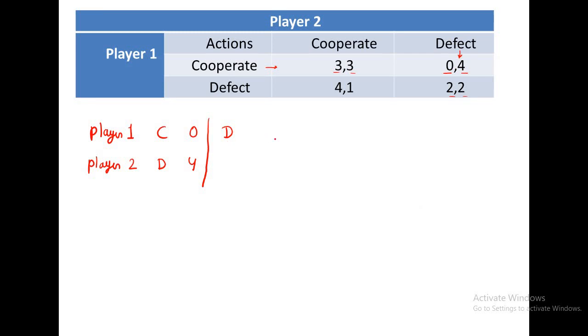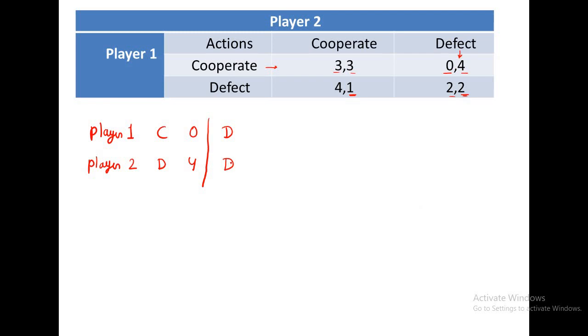Now which action will player 2 prefer? Definitely player 2 will not take cooperate. Why? Because he knows that he has not cooperated in the first iteration, and that is why player 1 will take the action of defect. Now if player 2 takes cooperate and player 1 takes defect, he will get 1. If player 1 takes defect and player 2 takes defect, he will get 2. So 2 is higher, so definitely player 2 will choose defect, not cooperate,